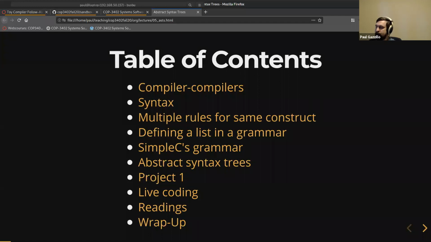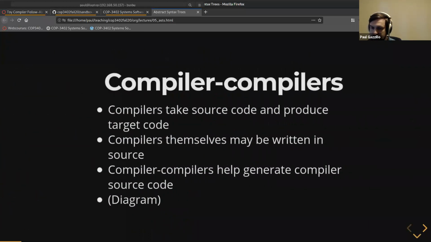All right, so today I'm going to briefly cover this notion of compilers again. Then we're going to look at how we can use a parser generator to automatically generate the parser for our main project, the Simple C project. We looked two weeks ago at how to handwrite a very simple compiler, the toy compiler. And we saw last week how some of the more tedious parts of that compiler can be automatically generated from a specification. Just as a quick review,